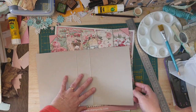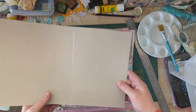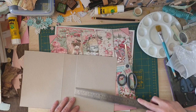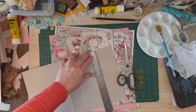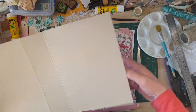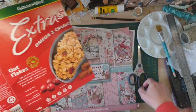So what you do is you start off with, this is just a cereal box, and I am going to, where is my scissors? I've cut that into, that's 6 by just a little bit over 8. So I usually do about 6 by 8, so it's 6 by 8 and a quarter. So what I'm going to do is I'm going to take, this is the front and back cover, and you